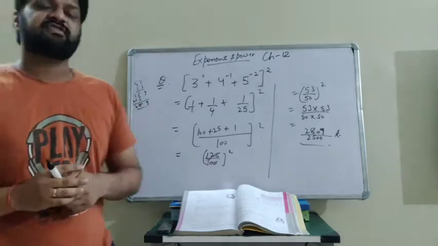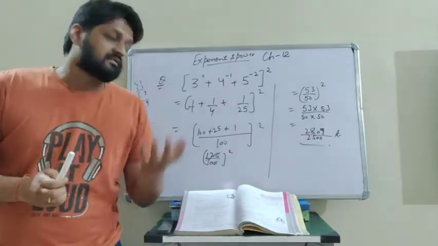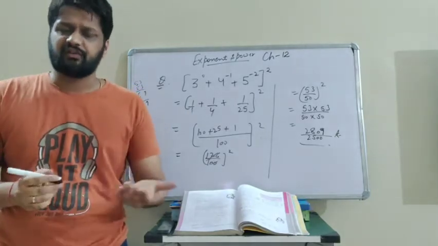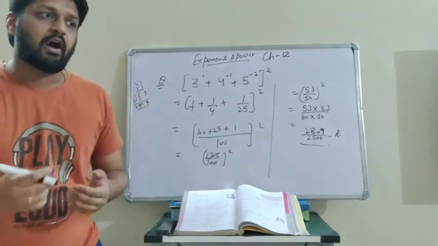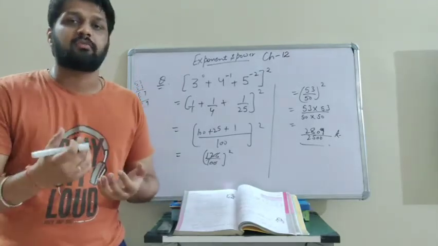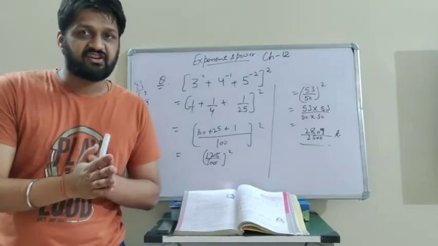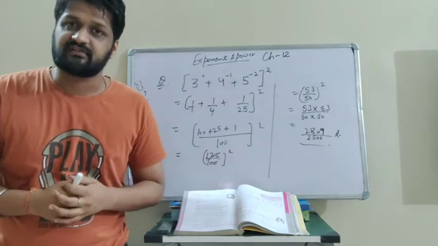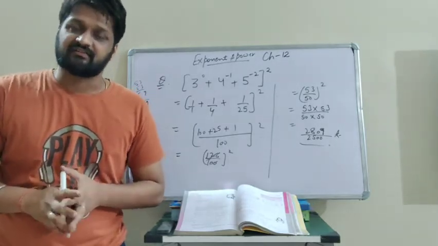So these are a few questions that we discussed on simplification, and the main thing is that we have to remember the laws of exponents. In the coming video, we will discuss the next exercise, that is how to differentiate between the smaller number and the larger number in terms of their exponents. Keep practicing more and more questions. You can practice examples, exercise questions, and extra questions as well, and you can ask your queries. Thank you.